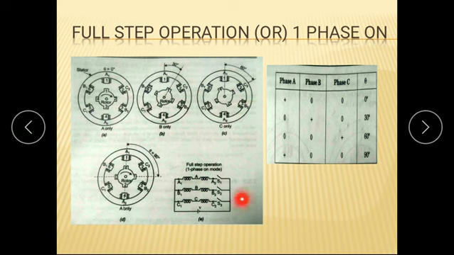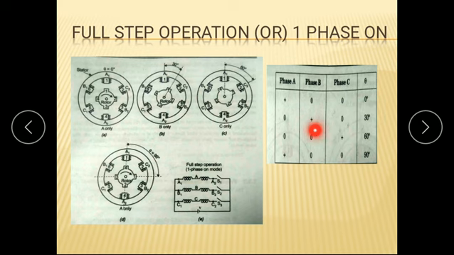Okay, so this is a circuit diagram which represents the excitation path, and this is a truth table. When you write an excitation mode, you should have this diagram, the circuit diagram and also the truth table corresponding to it. Initially both the phases are at 0 level, so no excitation is given, and the step angle is 0.